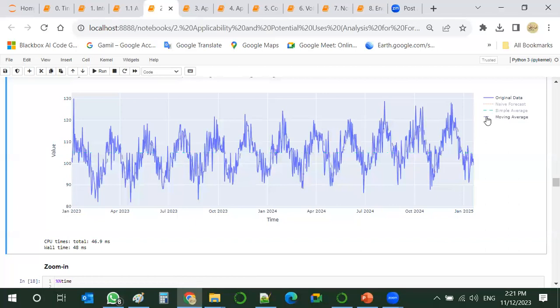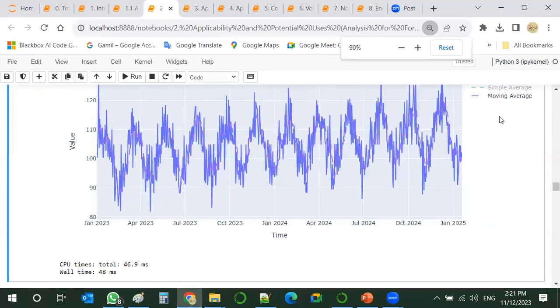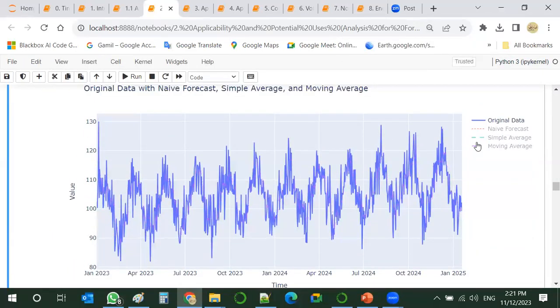And moving average, I'm afraid it's not really clear over here, but later you can see clearly when you have this notebook. You can notice it's just smoothing the data. You will notice that these spikes tend to diminish.